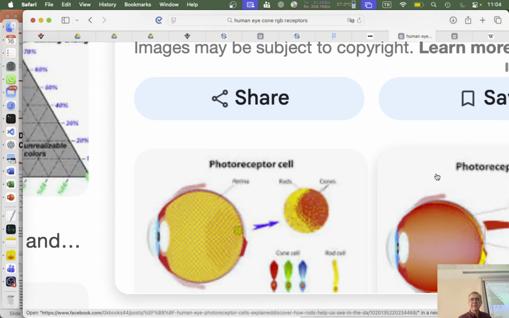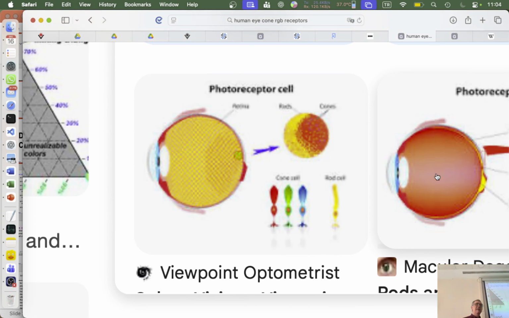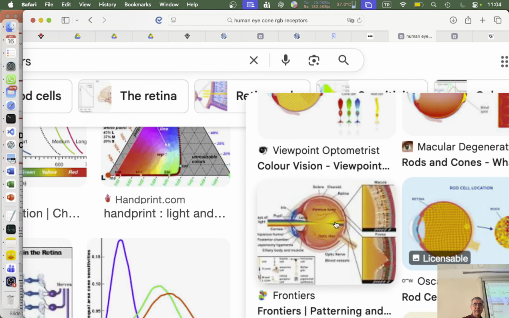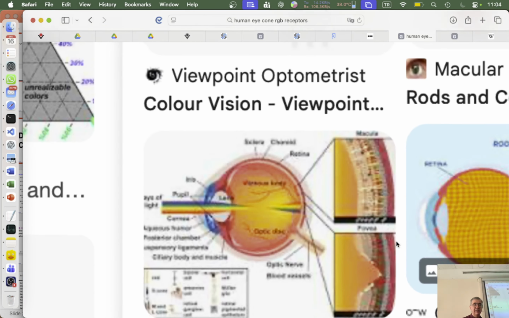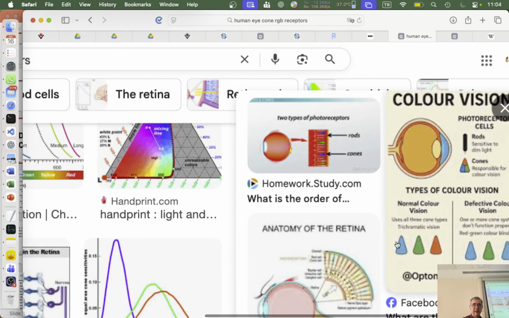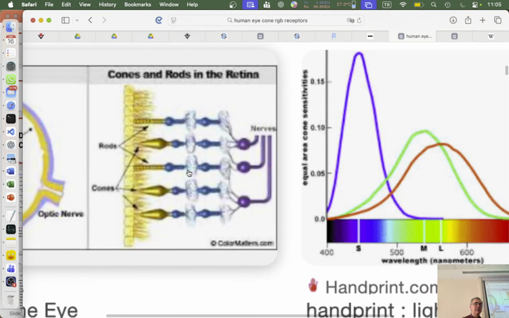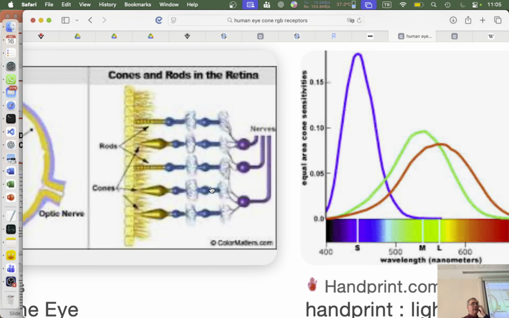Okay, in the human eye, we have three types of cells: red, green, and blue. But in reality, we have red, green, blue cells in our retina. Okay? Like this. We also have some filtering going on. So these red, green, blue cells,